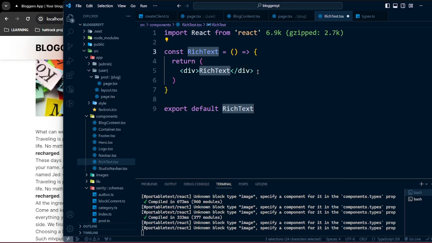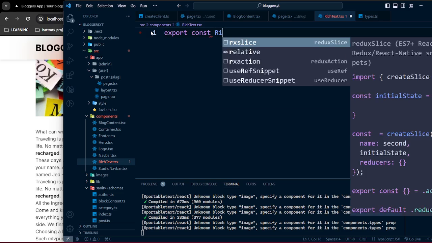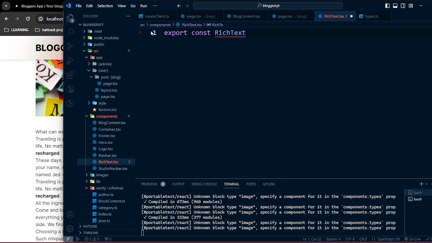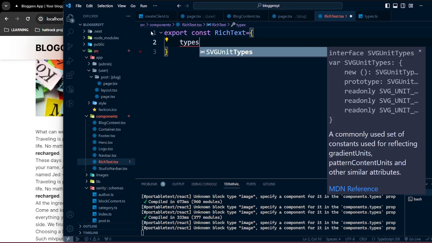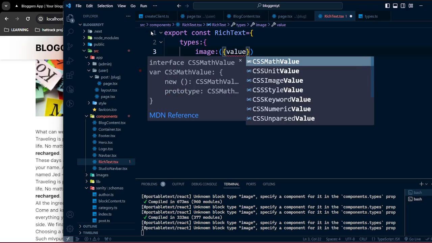In the RichText portion, instead of the return, I'm going to remove everything and just make it export const RichText. Here I'm going to pass the value. I'm going to pass types, and the first parameter in types is image, not capital I, small i image,